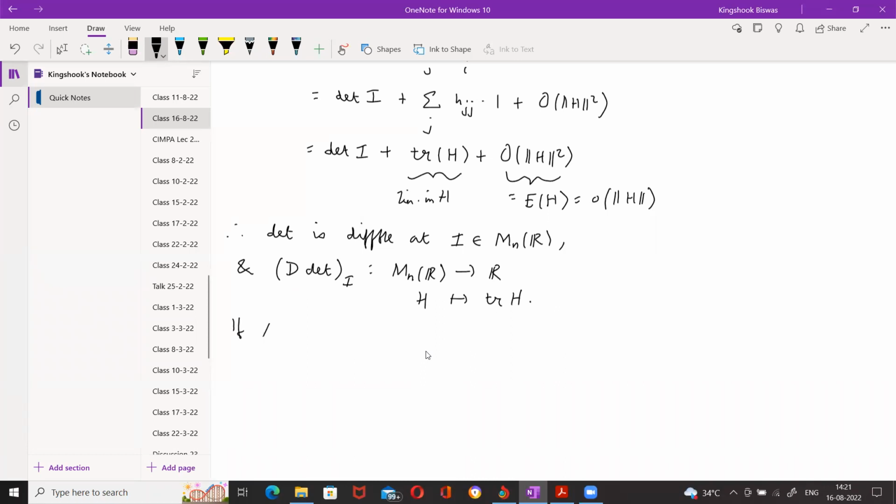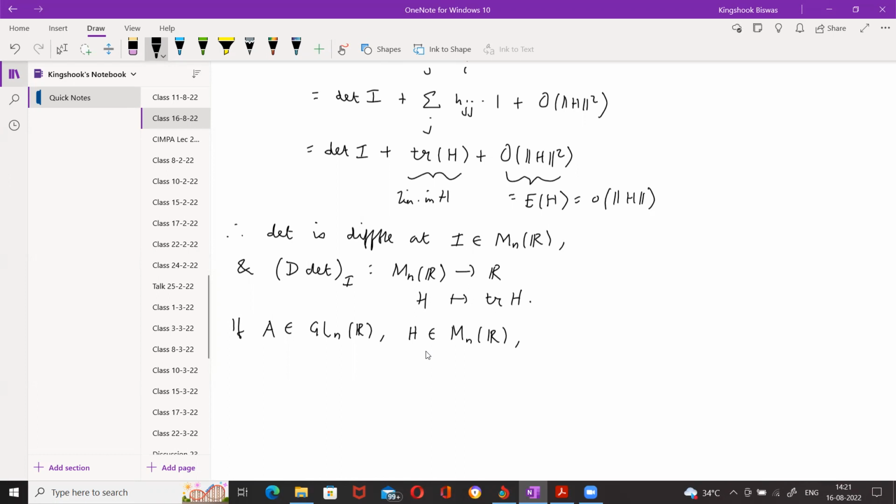So if A belongs to GL_n(R), and H now is in M_n(R),